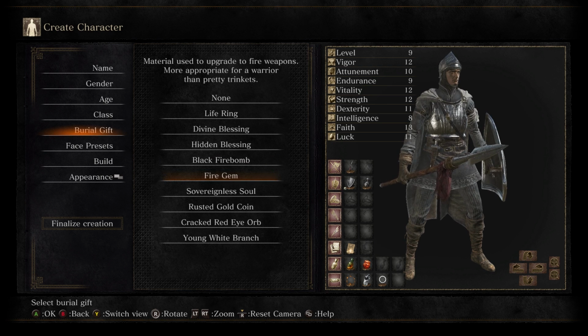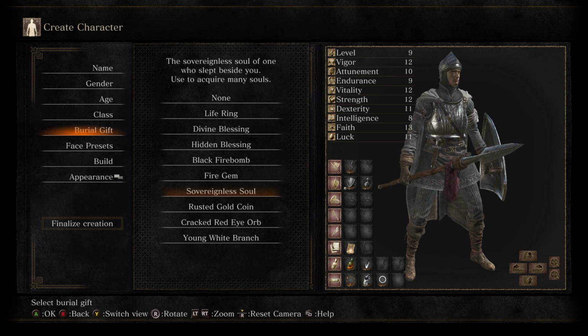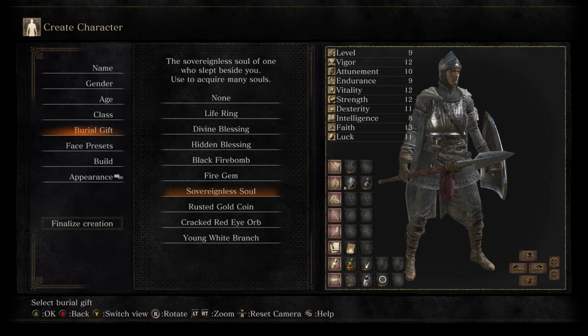The fire gem is awesome because you can infuse a weapon with fire, and you meet Andre the blacksmith pretty early in the game. I mean, only like maybe a half an hour. We're going to meet him this episode. The sovereignless souls just give you some souls. I don't remember how many, but I don't think it's really worth it because souls are a dime a dozen. You just kill some random undead and you're going to get some souls, so not really worth it. The rusted gold coin will just give you a temporary boost to item find